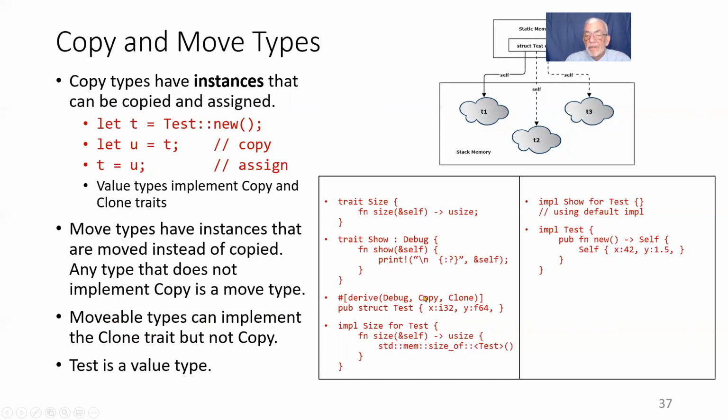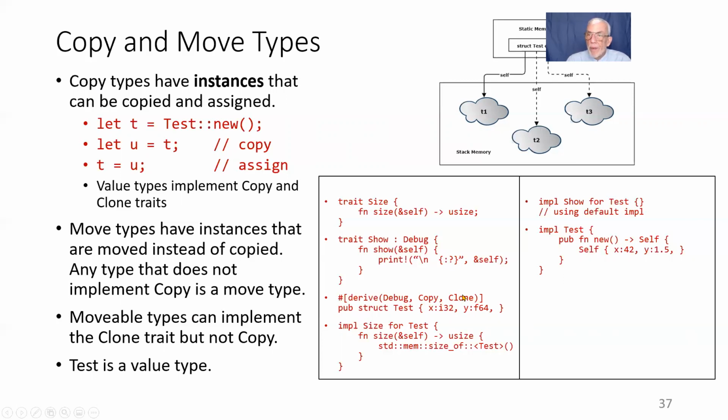Here it's allowing me to instruct it to implement the copy type. And remember, this is just a marker. It has no methods. It's always called implicitly by the compiler code. The user isn't going to call copy on this. But